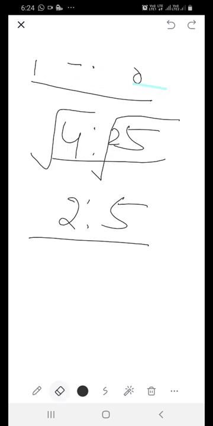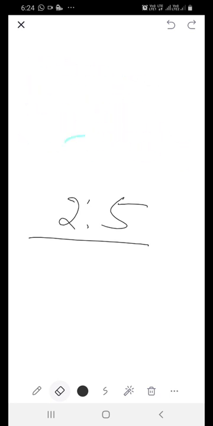Now suppose you are asked to find the subtriplicate. Now I think you must have understood; you must have followed how to find the subtriplicate. Subtriplicate means you have to find the cube root of both the terms. Suppose the ratio is 1 is to 8, and in order to find the cube root you should write 3 over here. So what will be the subtriplicate ratio of 1 is to 8? It will be 1 is to 2.